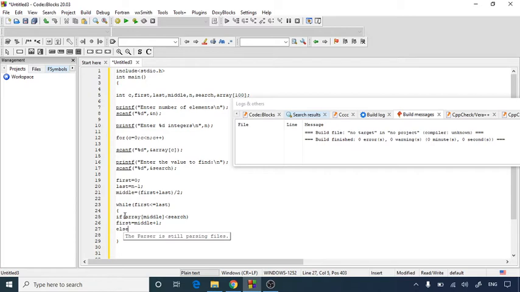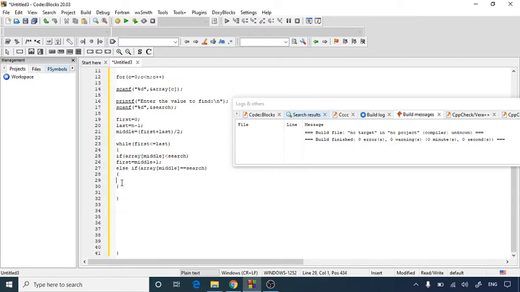Else if array[middle] equals search, then you have to printf the location. If it is not in the first half it has to go to the second half, otherwise if it is found you have to show the location.